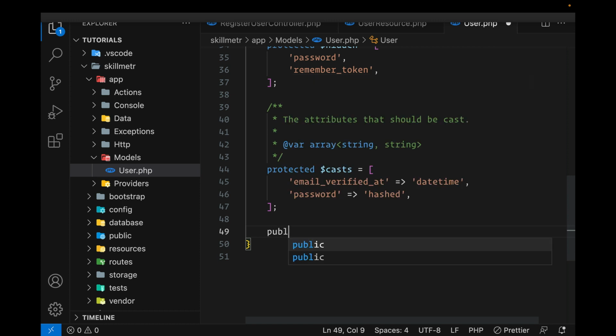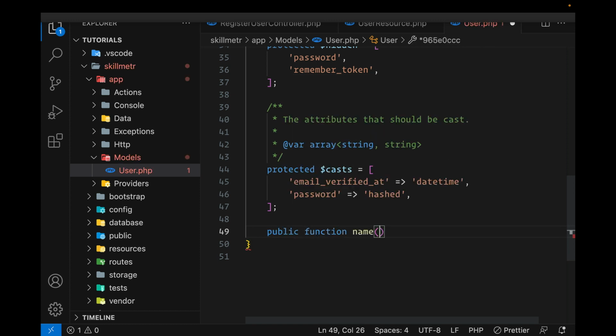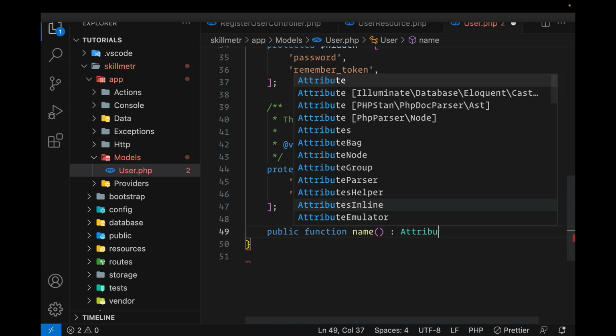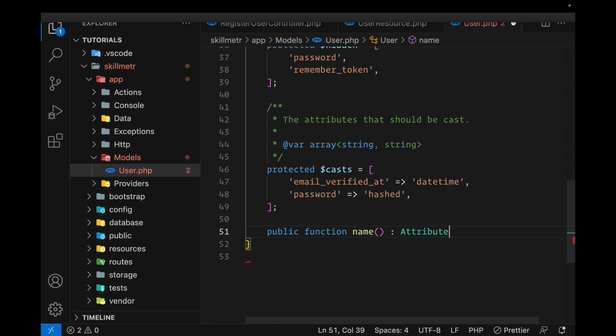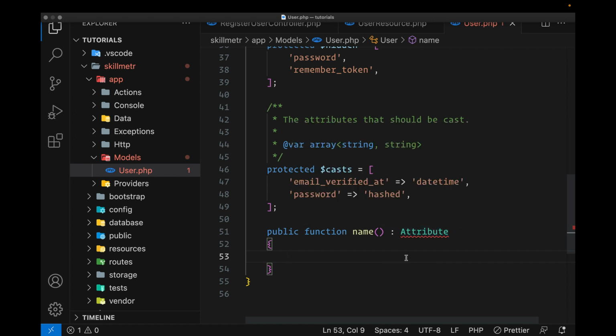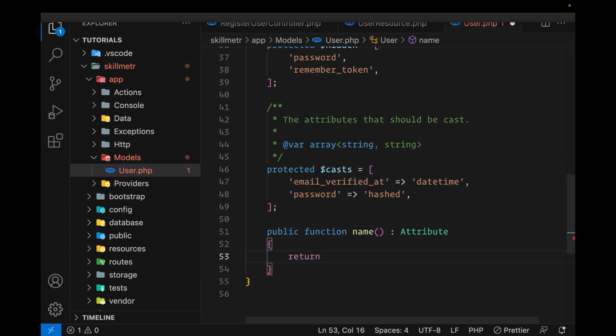So to do that, we can just go to the user model and say public function name, and that returns an attribute, which is a cast attribute from within Laravel. It is a data type in Laravel, which is a cast attribute. And if you look here, it's just saying, hey, it's expecting us to return something. Right now, we're returning void. So to return an attribute, we can say new attribute,